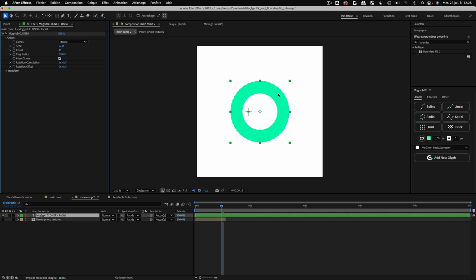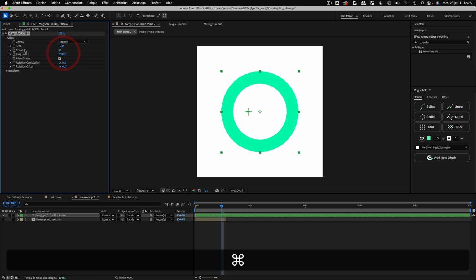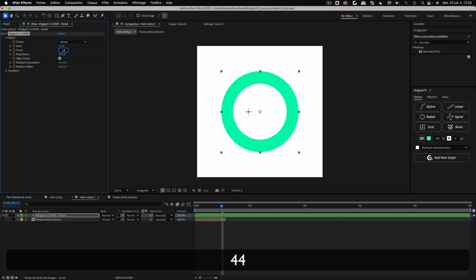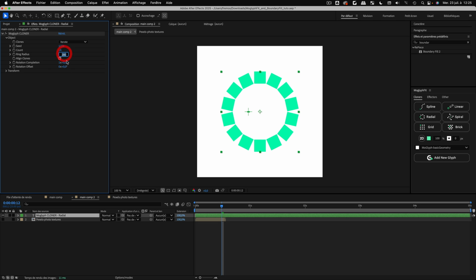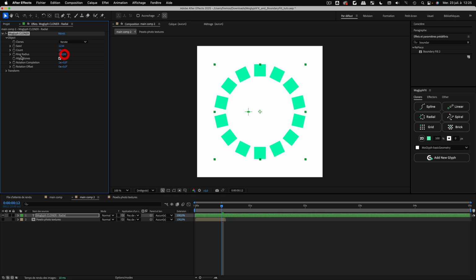And as you can see, it's already overlapping them. So I will ensure first to not overlap, and I will increase the ring radius for now. Very important if you want to, I put 41 and not 14. So this is 14 clones. And yeah, by default, the clones are overlapping. So I will go a bit further in the radius,